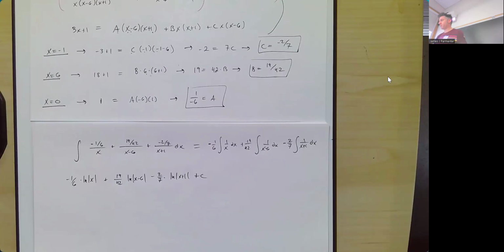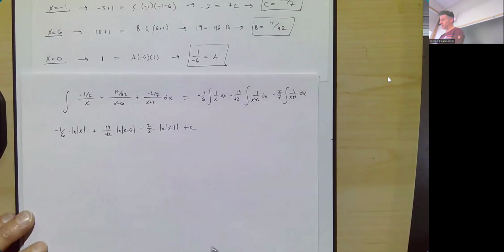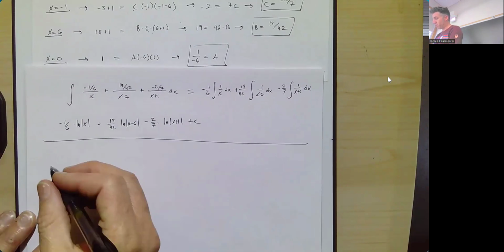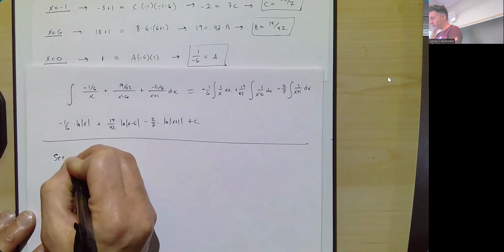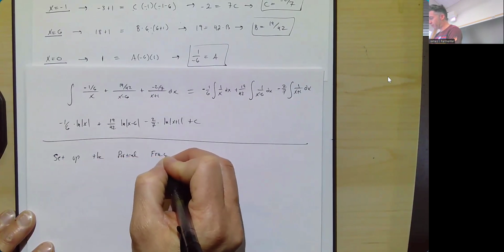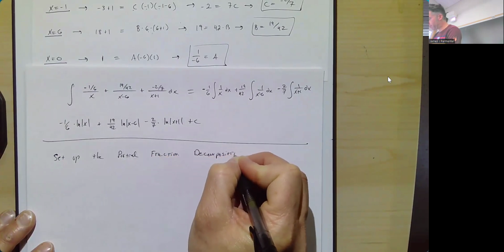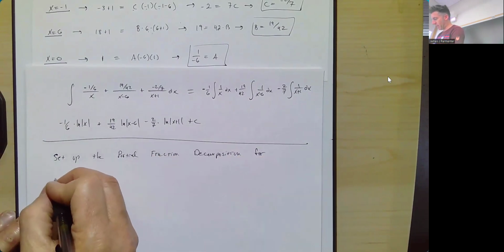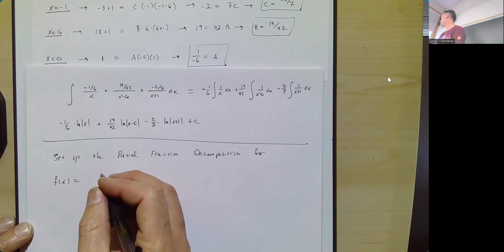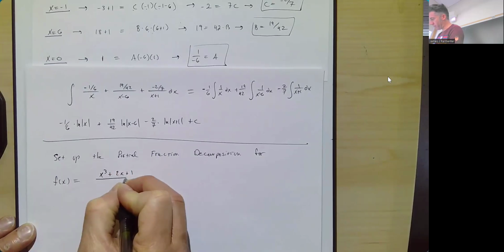All right. So something else to be aware of here is, well, in fact, yeah, let's look at an example here. So I'm not going to do this next integral. I just want to know, how would I set up the partial fraction decomposition for, let's say, f of x equal to, let me see here. Sure. X cubed plus 2x plus 1 over,